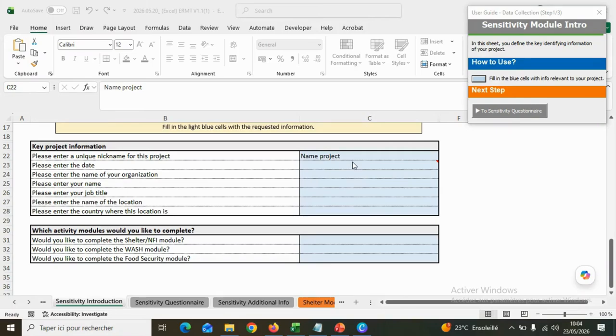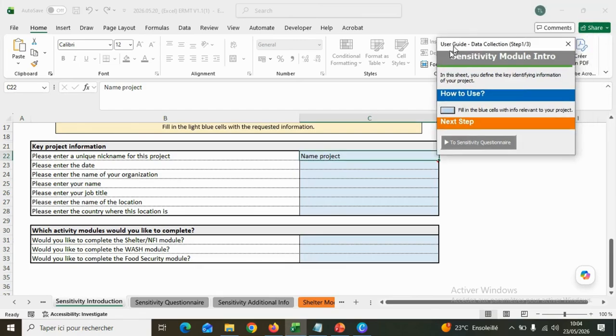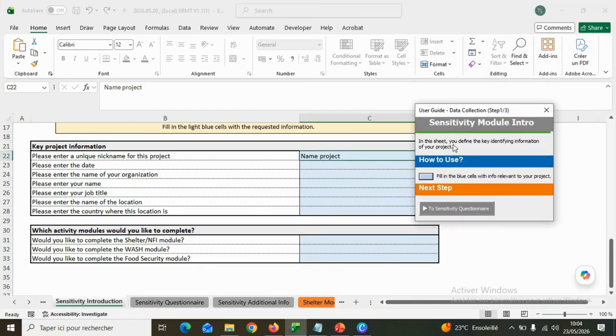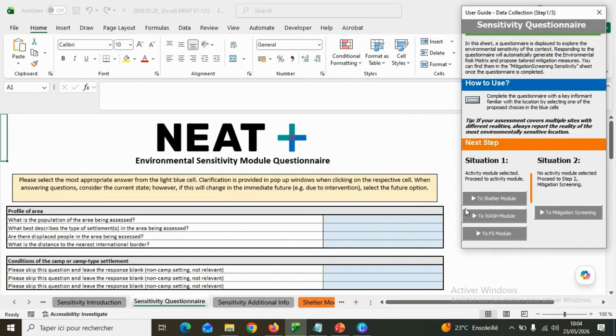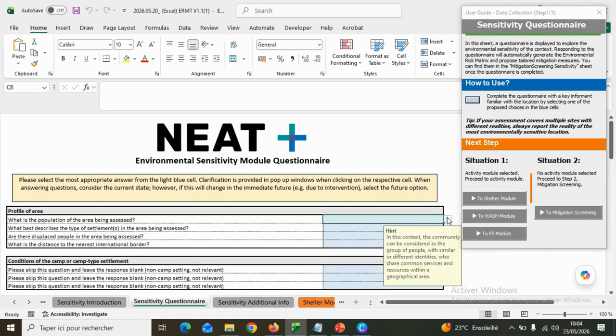Once you have completed the key information of your project, you can go to the user guide here and click to the next step, which is the sensitivity questionnaire. It will guide you through the sensitivity questionnaire, and this is where you will assess the particular risk given your context. So for this, you have a questionnaire and you have to answer given a pop-up window here the most